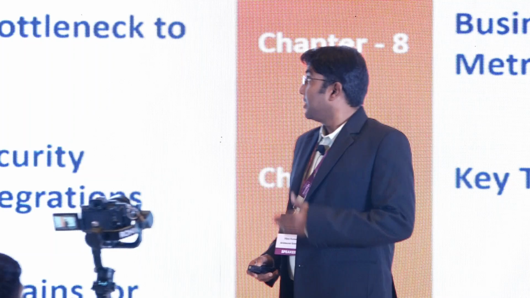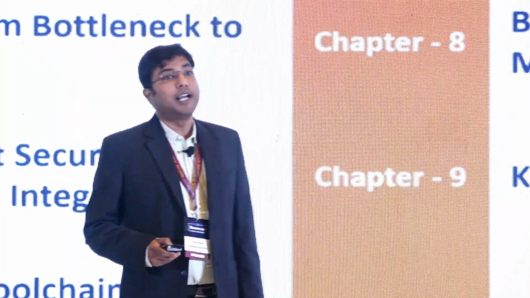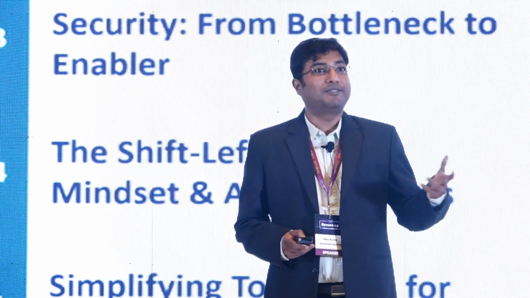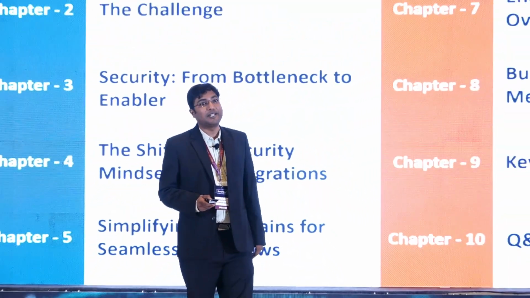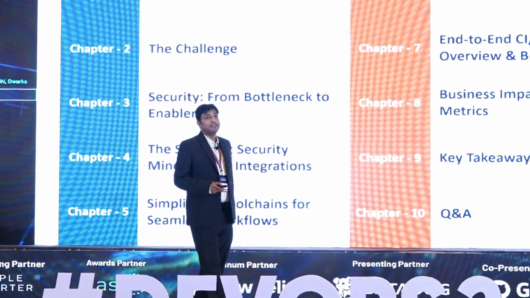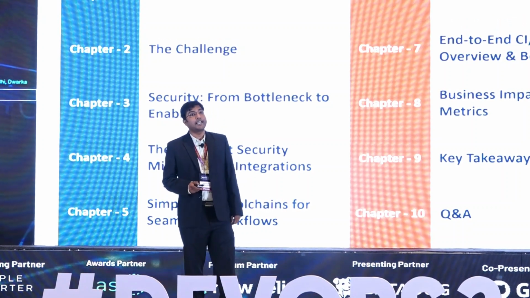So with that, this is our agenda for the day. Generally we always tend to connect to stories. So rather than call it an agenda, I call it a storyline. I'll start with a brief introduction, and then we will understand what's the challenge around security. We all discussed a few of the challenges throughout. And then, as I said, we always consider security as the bottleneck. There are a couple of sayings every other day I hear from the dev team or DevOps team. Then we will talk about how we can use that shift left mindset and use key AI integrations.